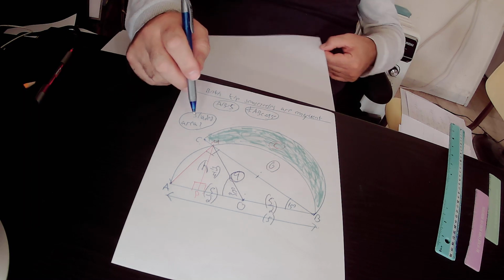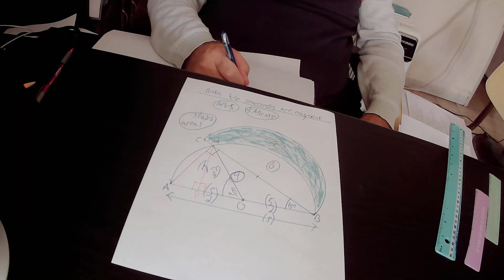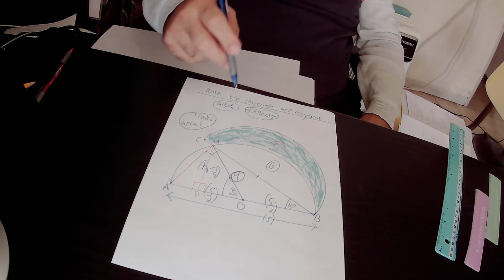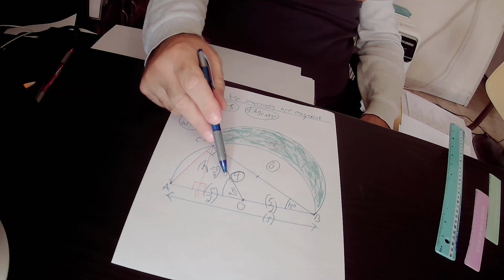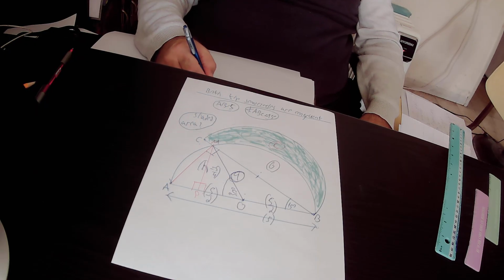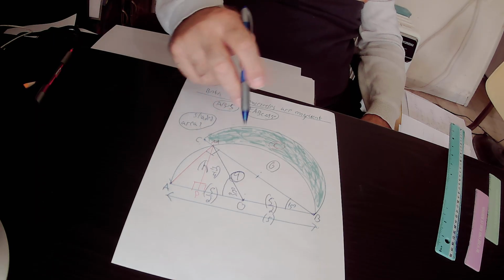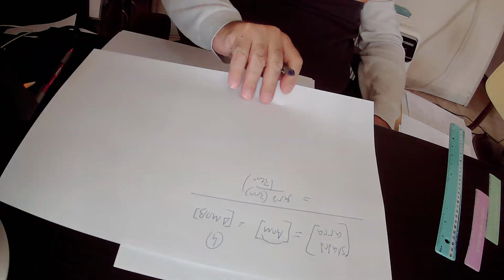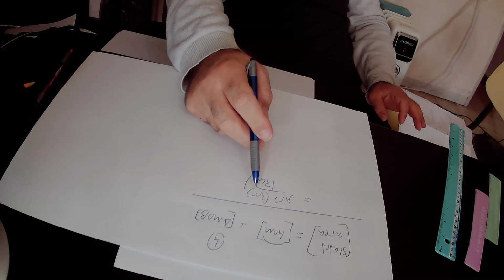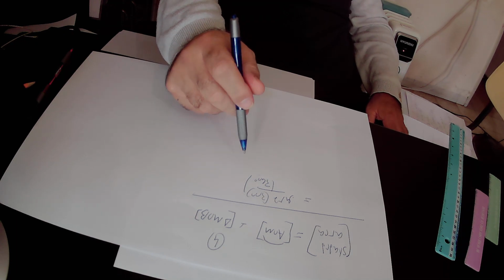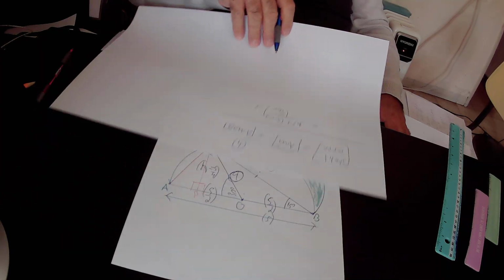So what is the area of this sector AOM? This equals pi r squared, that is the area of the circle that contains the sector, times the angle between the legs of the sector, that is 30 degrees, over 360 degrees. And again, in total, we found out that the area of the sector AOM equals pi r squared times 30 degrees over 360 degrees. Plus the area of this triangle